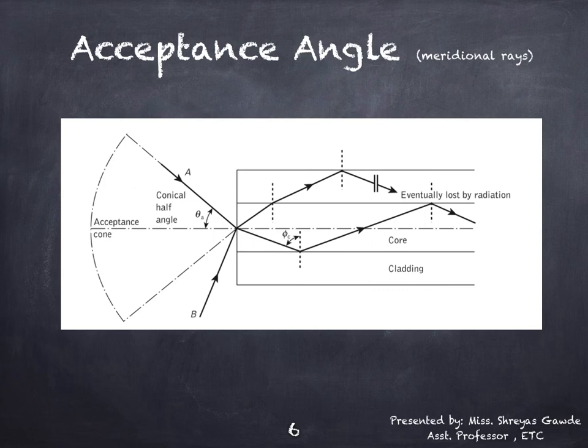So if the fiber has a regular cross section, that means the core cladding interfaces are parallel and there are no discontinuities, then an incident meridional ray at greater than the critical angle will continue to be reflected and will be transmitted through the fiber. From symmetry considerations, it may be noted that the output angle to the axis will be equal to the input angle for that ray, assuming that the ray emerges into the medium of the same refractive index from which it was input.